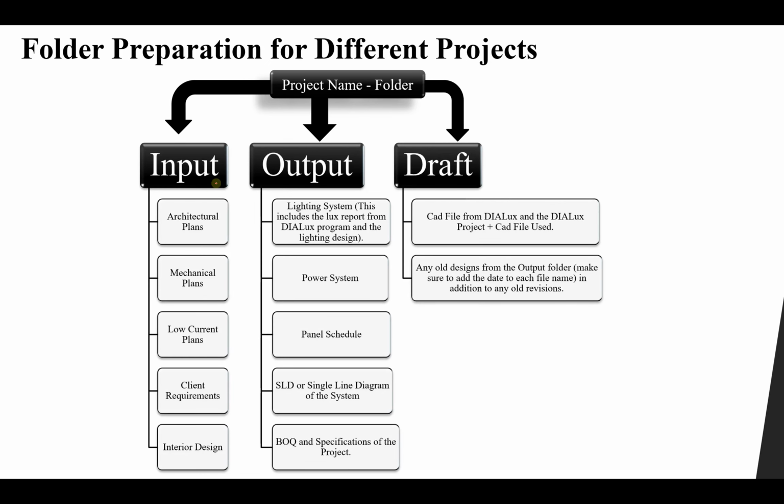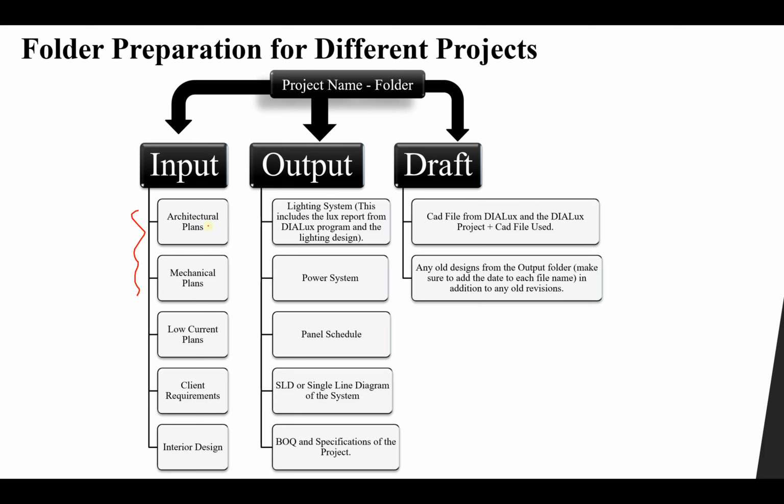We will have an input folder, an output folder, and a draft folder. The input folder means any input to yourself or any input given to you. For example, when we are working on any project, we will have architectural plans, mechanical plans, and low current plans that are designed by a low current engineer, or they can be designed by an engineer like me. Then we have another folder for client requirements and another folder for interior design. So we have these plans,